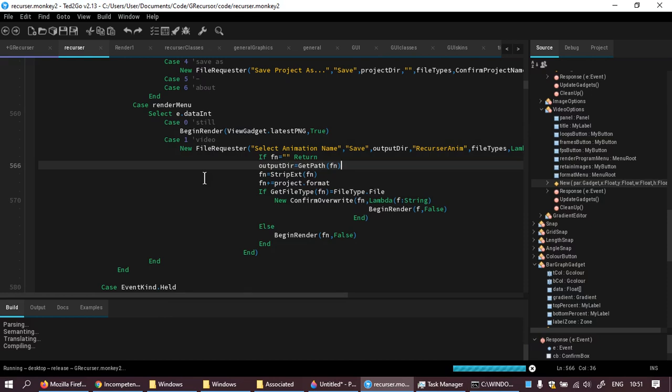So, video quality is replaced, hopefully everywhere, with video format, or format. I should have called it video format. Anyway,